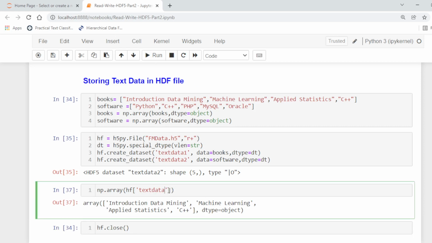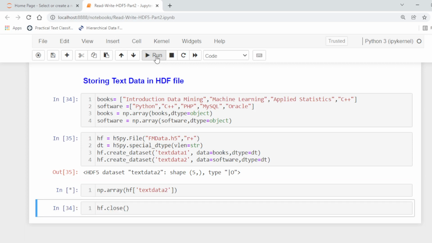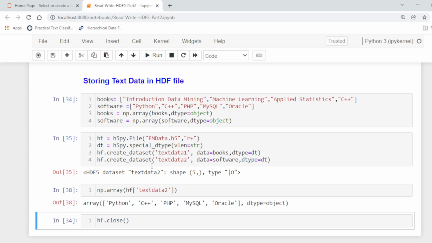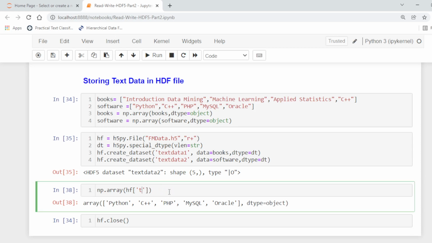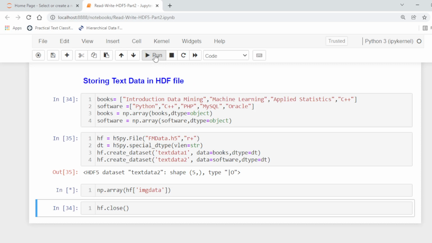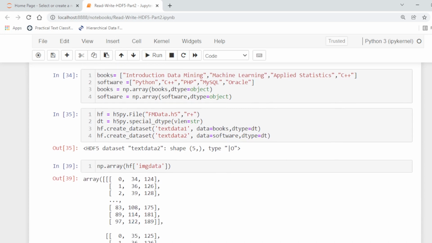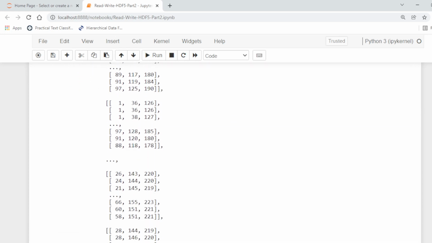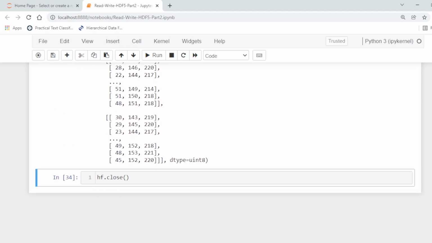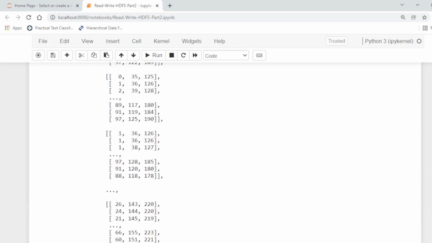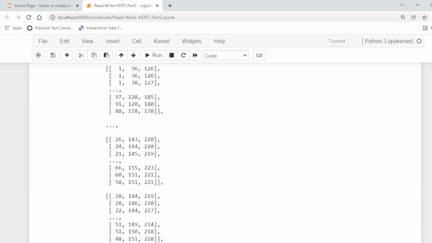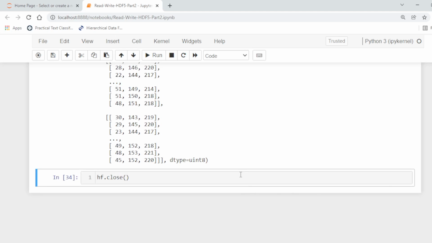Similarly, if we change this to text data 2, we can retrieve from the same file the text data 2, and using the image data, for example, it will retrieve the three-dimensional array matrix. You can convert this array into the image using the above code. So in this way we can store the text data, numerical data and image data in a single HDF file.